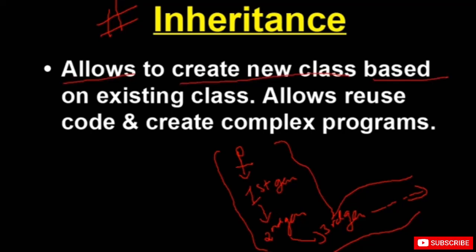Like if you learned to walk, now you can run. If you learned to run, you can run on a treadmill by maintaining your balance. If you learn to balance, you can walk on the rope. Well, that's too much. Okay, so that is the kind of inheritance. Every skill is built upon the fundamentals that underlie it.